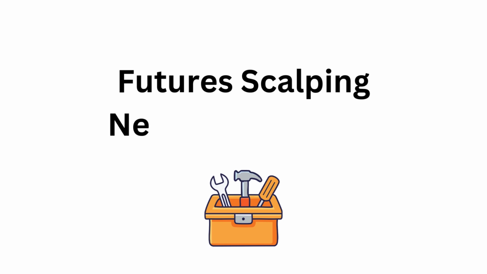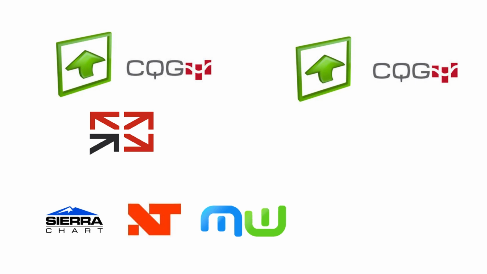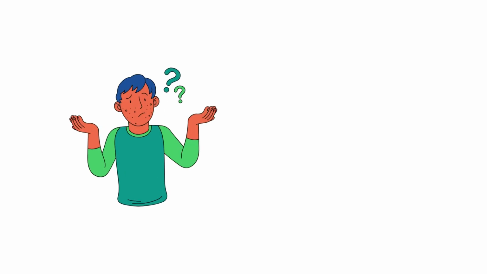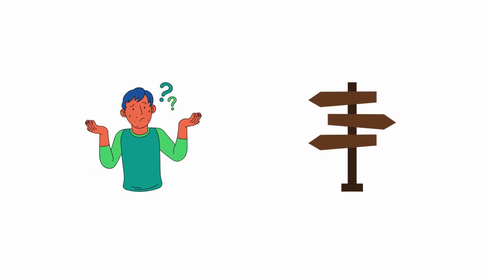to avoid it. For future scalping, in comparison to slower paced trading, you need some extra tools: data provider, order router, scalping grade execution platform, and possibly a capable order flow visualization platform. Picking those can be confusing, so I've made an overview for you with exact recommendations on which is best for